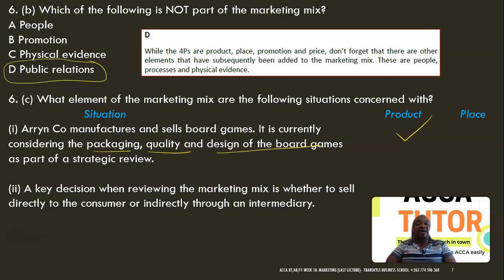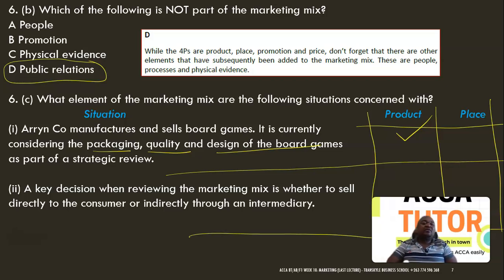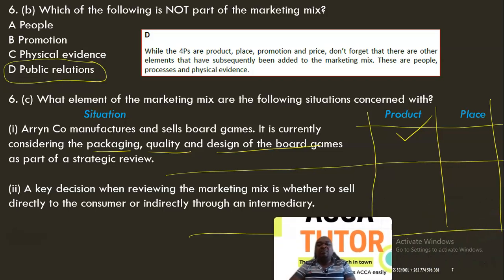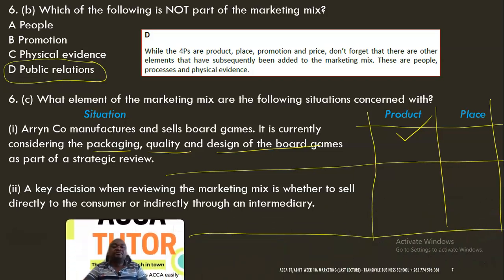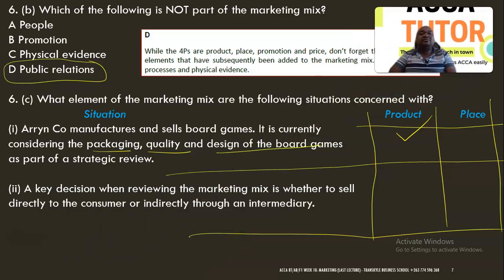Remember, you were given a table where you were supposed to tick the appropriate box for each situation. That's what was required. All right. So as can be seen there, the first part is talking of the product. What about the other part? A key decision when reviewing the marketing mix is whether to sell directly to the customer or indirectly through an intermediary. So here we are talking of distribution,